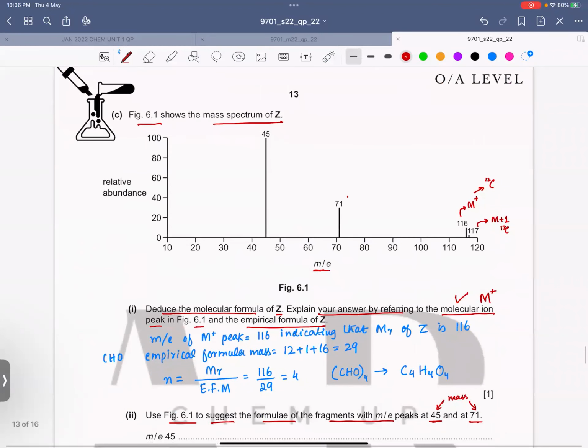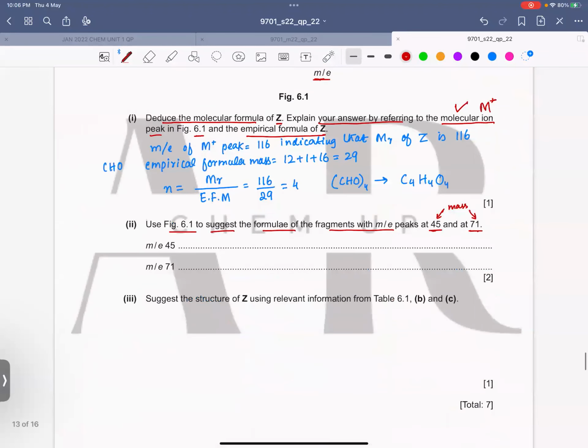So actually they are talking about these two signals: the peak at 45 m over e, and a fragment that has a mass over charge of 71, so those would be their masses as well. So we have to figure it out. Okay, so see,